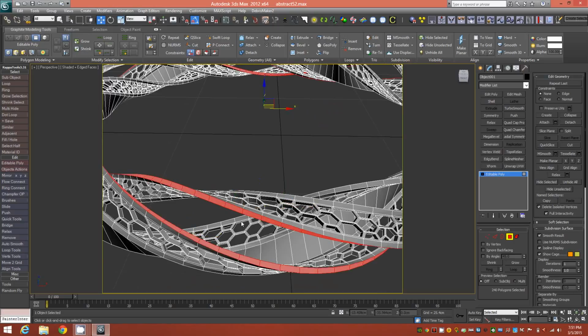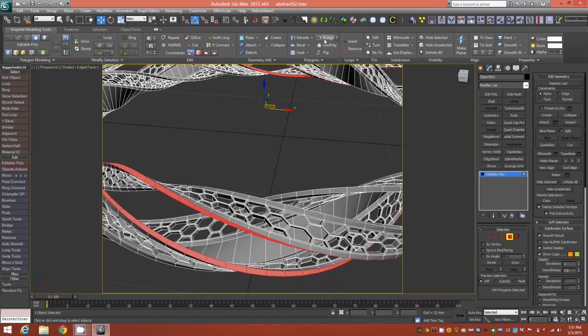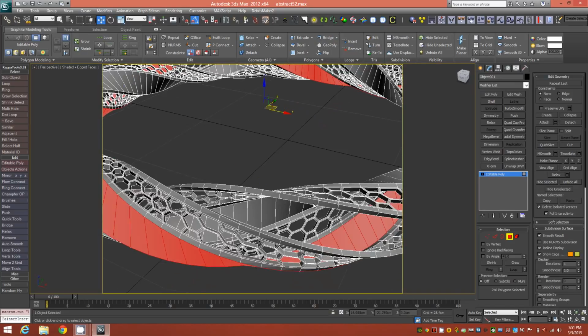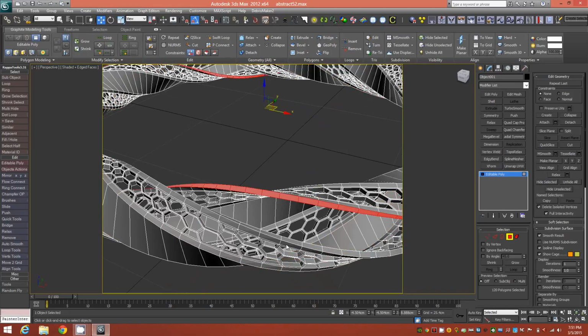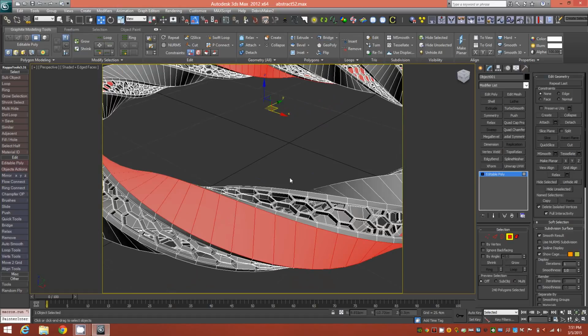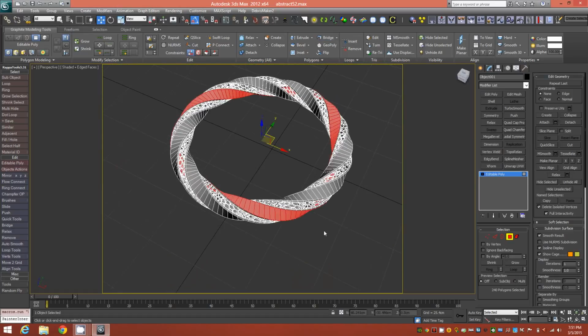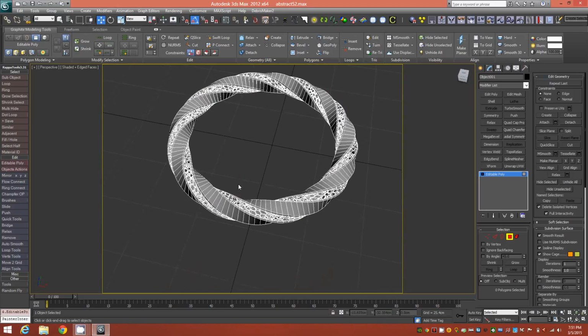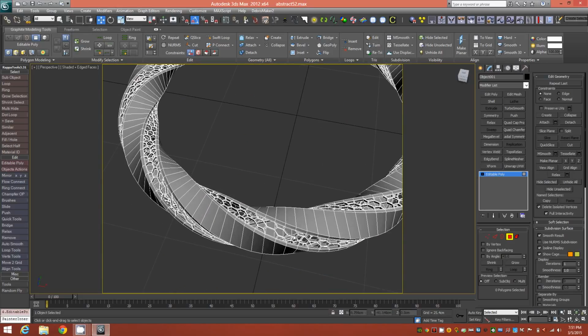We'll just loop select those two edges and bridge them, and then finally this last one and bridge them. Okay, so now we have a solid object with these holes, and once we subdivide it,